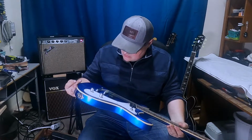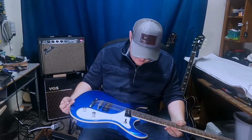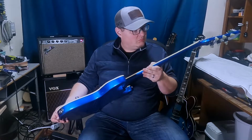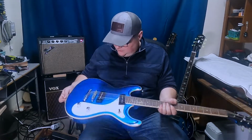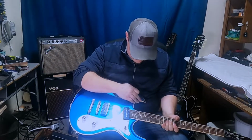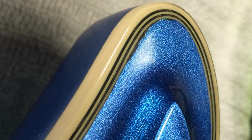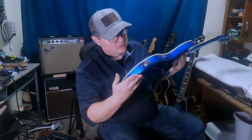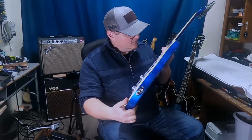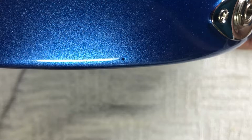It's got a 2-point bridge, P90 pickups. The fretboard is nice. A couple features I really like is it's got a carved top. Kind of got like a two-step. The scraping on the binding looks like it could have been done with a little bit more care. There's a couple places where it's just a little gnarly. And, you know, the finish, yeah, there's just a couple spots where it's not pristine or perfect. But